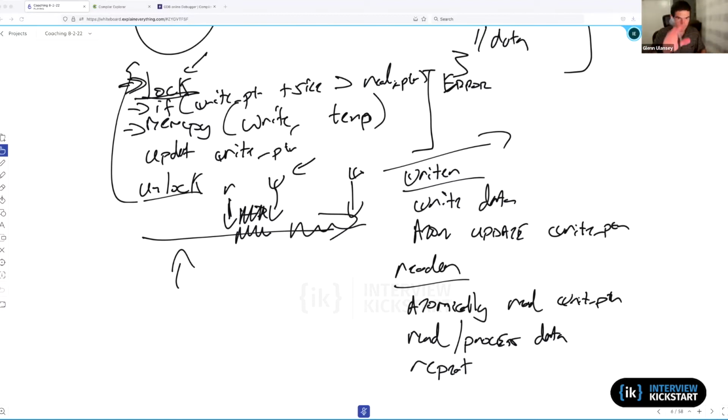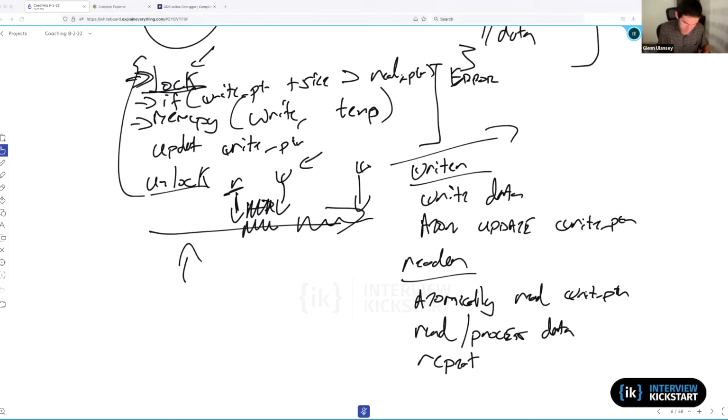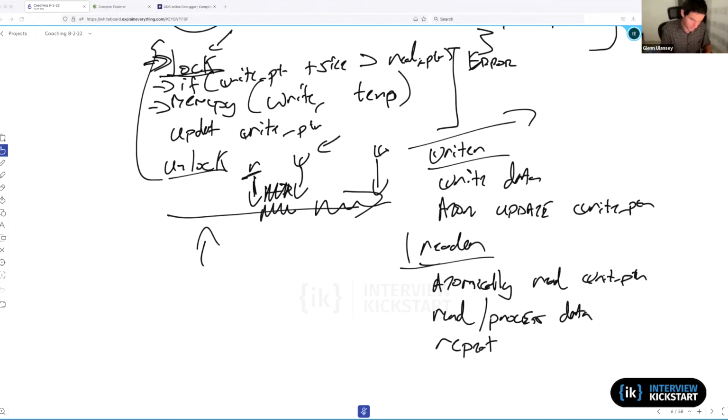If we have multiple readers, which I think is what you mentioned earlier, we now also need to make sure that the read pointer ends up being valid as well, because we only want a single entity to be reading a particular section at a time. So let's say this is the one reader solution. If we have a 2+ reader solution,